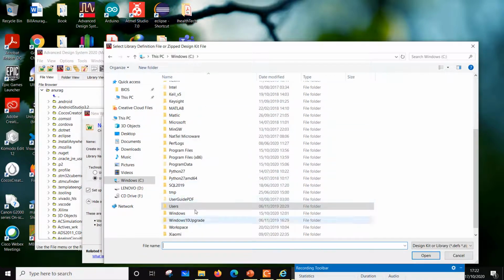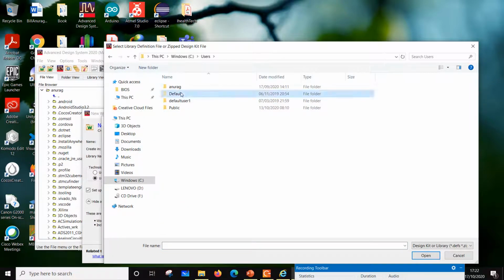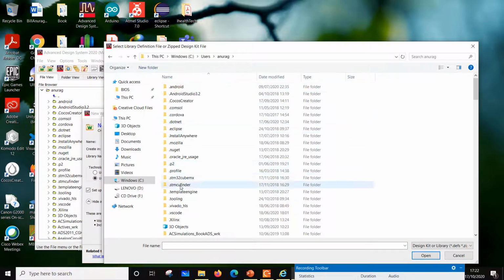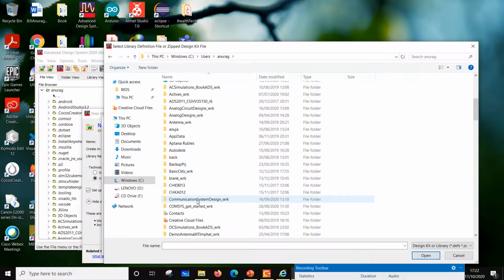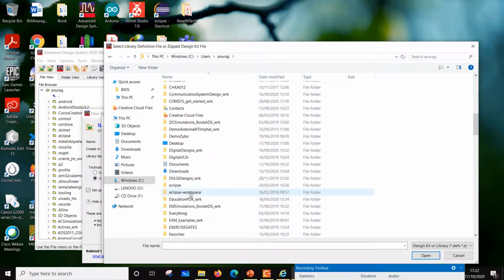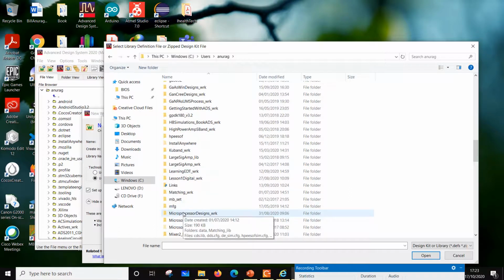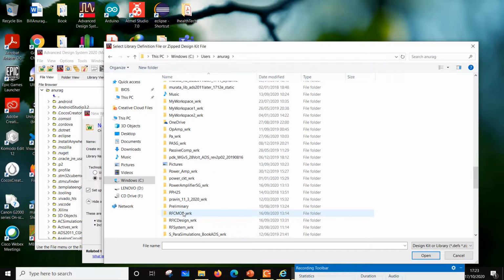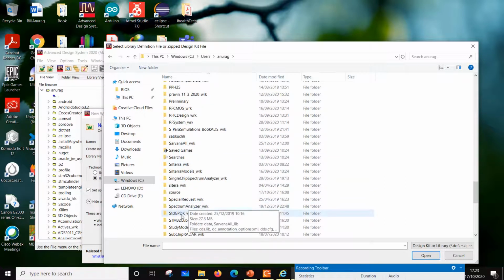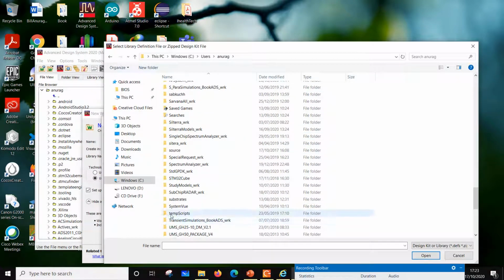And once you, for example, let's say we go back to, do I see here Win? Okay, this is in C drive, it will be under users. Under users, under Anurag, that's my folder name. It will be in your machine by your name. And if I look for Silterra, or let's say GPDK here, right? Okay, so this is GPDK, right? Or let's say Silterra. So this is a folder where you keep all your PDKs. It's user and your name, your computer's name maybe.